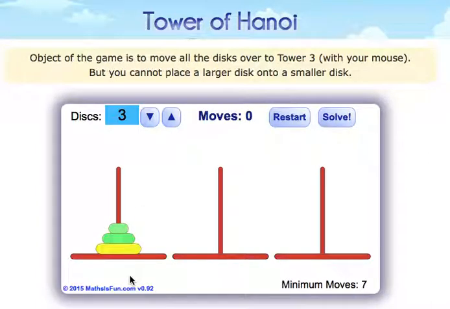But the 2 important things when we're doing this puzzle is you can only move 1 disc at a time, and you can't put discs on top of smaller discs. So for example, if I pick this little disc up, I can't put this disc on the top because it's larger. Now you can see that on this website too, it has the minimum number of moves that are required,